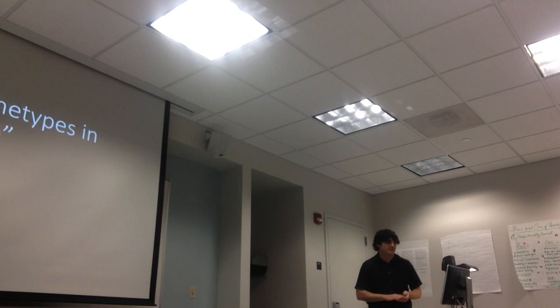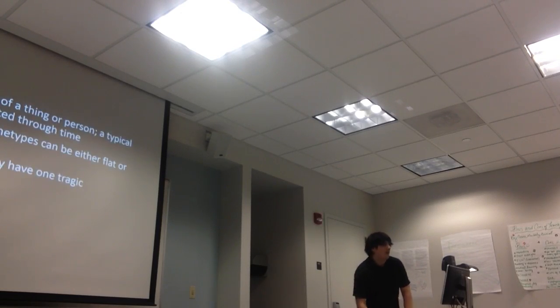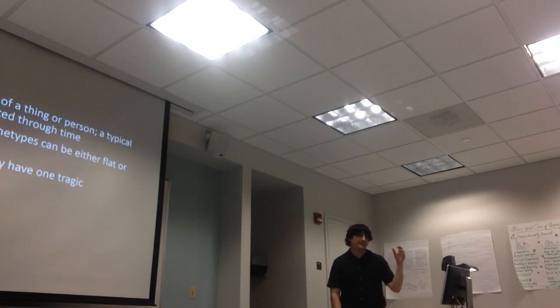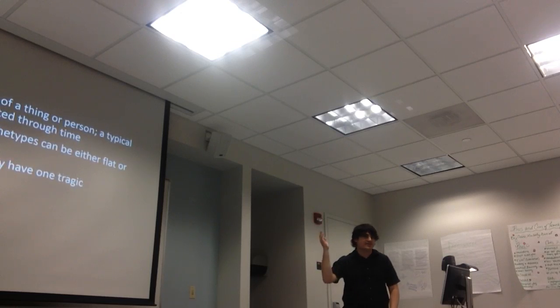All right, so, good evening, my ninth grade English students. My name is Mr. McCluskey, and today we're going to be looking at Tease through the literary lens of character archetypes. What an archetype is in the context of literature is a really stereotypical example of a person or thing, and it's perpetuated through time. We see it in books, we see it in movies, and we see these characters in everyday life too.